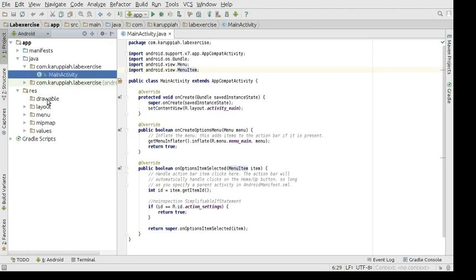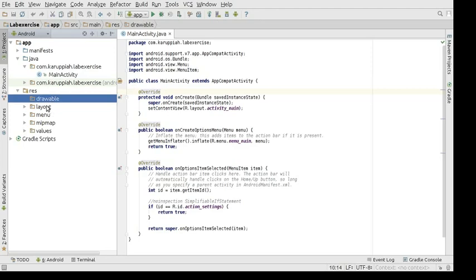You have drawable. Basically here you keep the icons and some other images that you can show in your app. So drawables makes sense, and then you have layout for your activities, and you can even have layouts for other stuff. Like if I have a list, you can have a layout for each item in a list. List is basically a list of items, and there is a user interface for that. It's called list view, like text view, edit text, and all. So yeah, we'll talk about that later.